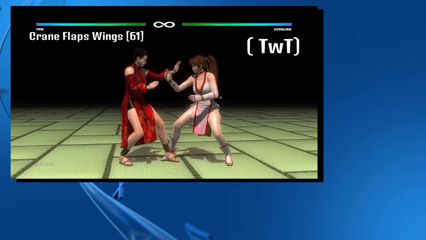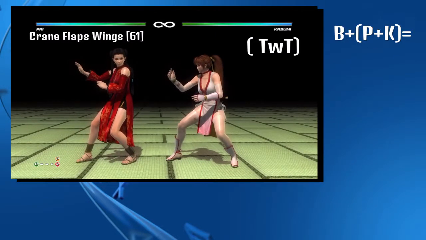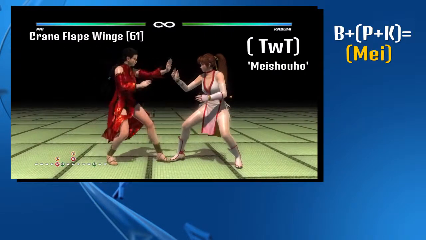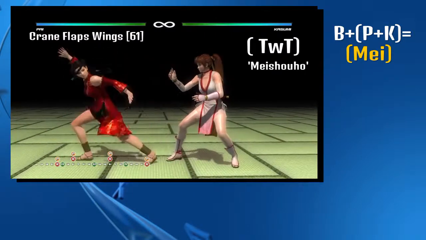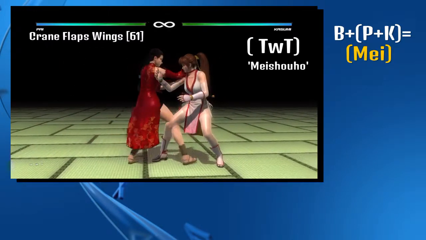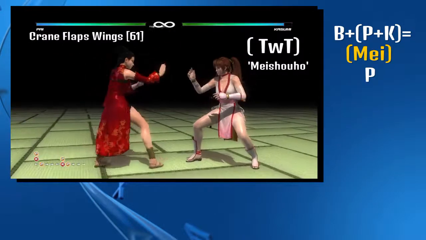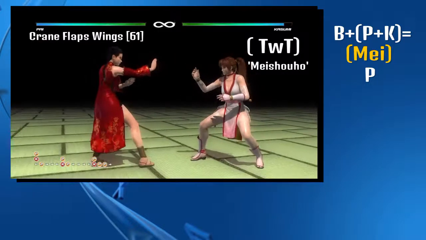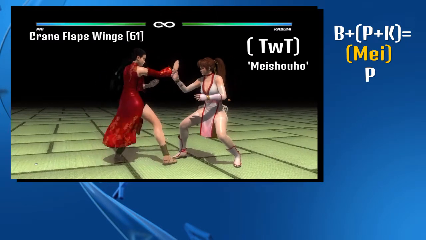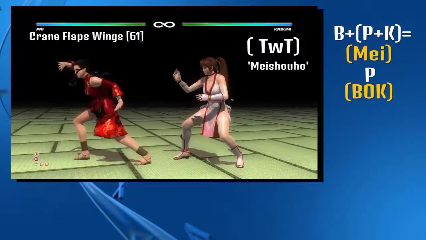So to do that, you do back and heavy punch. And this move is called Mei Shouho or something, but I'm not sure if that's the correct pronunciation, but I'll just call it Mei. So it's this sort of evasive stance, which is quite useful for a combo starter. So you do Mei and then punch to do this sort of flapping, well, I say flapping because that's what it reminds me of, like wings flapping. So punch, and that goes into the crouching stance, and when you're in crouching stance you do punch, and then you do, so it's like this,